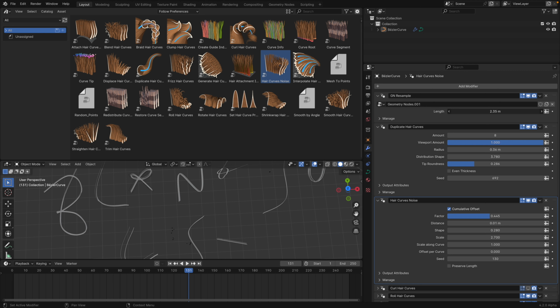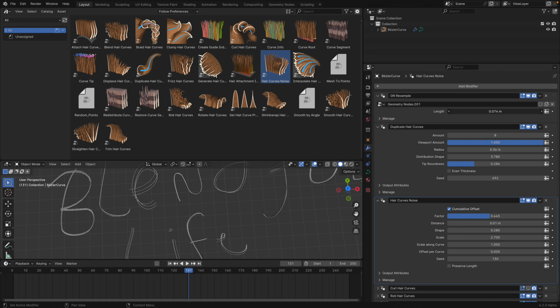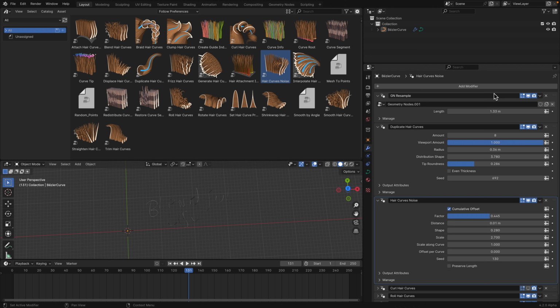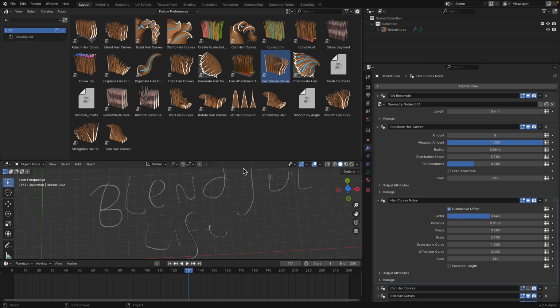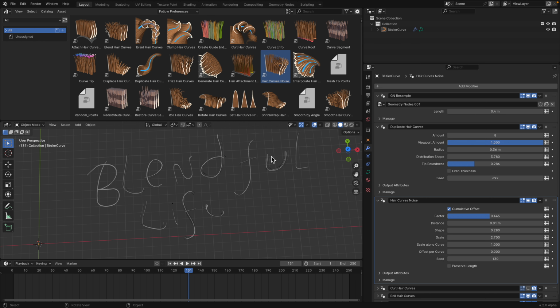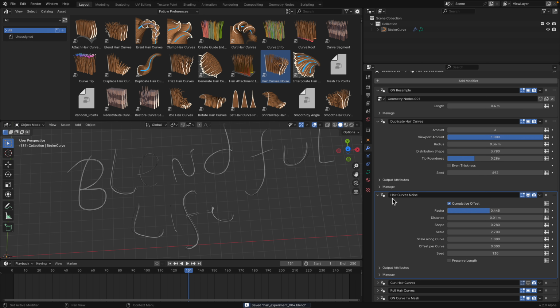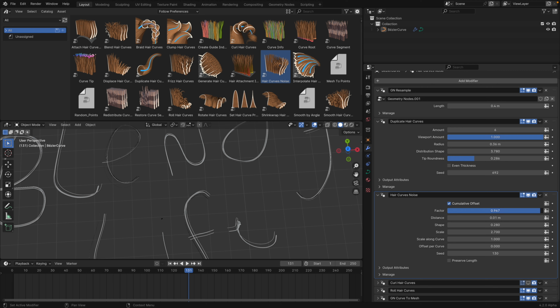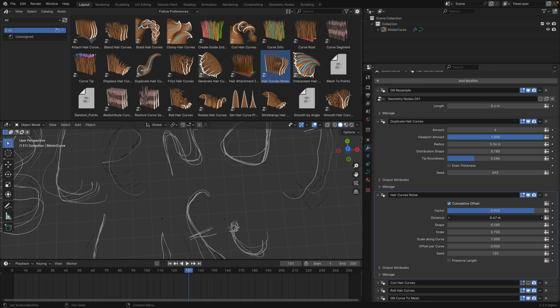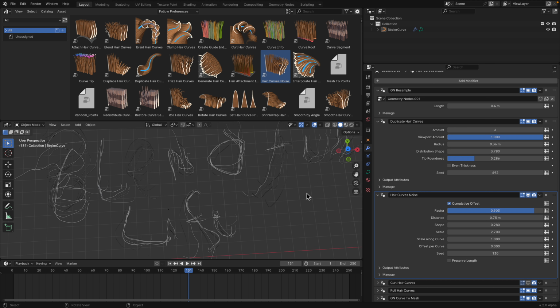Let me decrease this. Oh, actually, let's decrease this length. Have a bunch of curves, hair curve noise. Okay, maximum noise with the distance, so now it's more noisy,